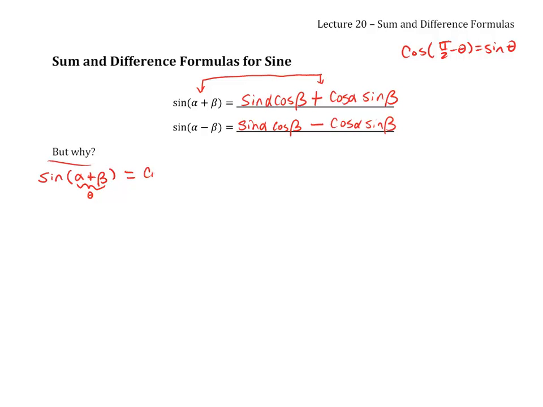So I can rewrite this as cosine of pi over 2 minus alpha plus beta, or minus theta. And with just a little bit of manipulation, distribute this. I can rewrite this as cosine of pi over 2 minus alpha minus beta. And I'm going to group these together now. And now I'm going to apply the difference formula